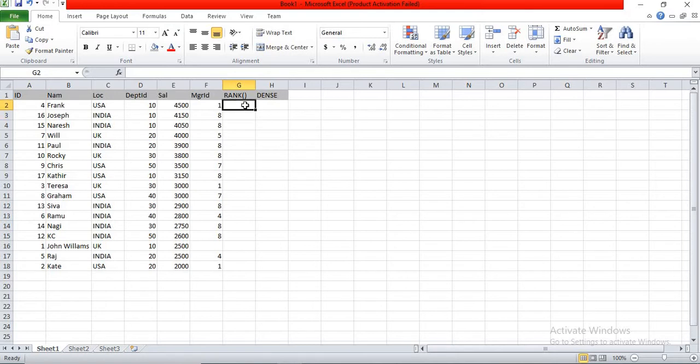Ideally the highest salary is the top rank, then second rank, third rank, fourth rank, fifth rank, sixth rank, seventh rank, eighth rank, and 9 and 9. If you see here, these two figures are the same, so both get the same rank. Now ideally after 9 I should get 10, but when I use the rank function I will be skipping the rank here. The 10th rank will be skipped because it is already occupied. Now I will be giving the 11th rank here. Next 12, 13,